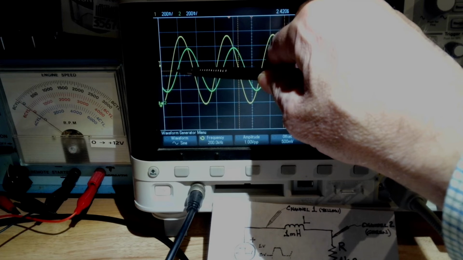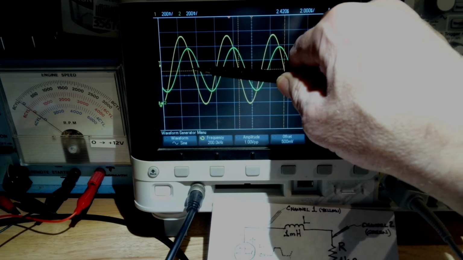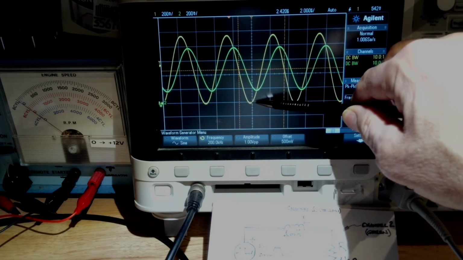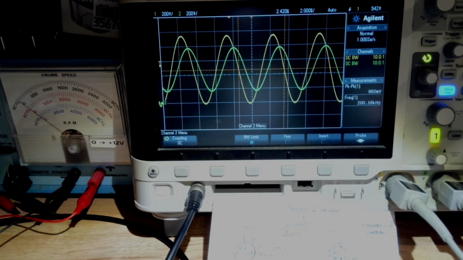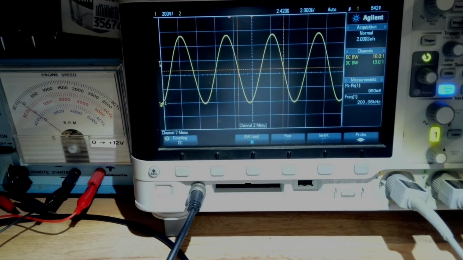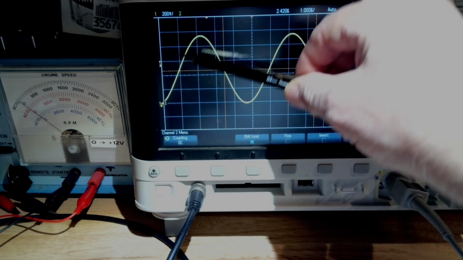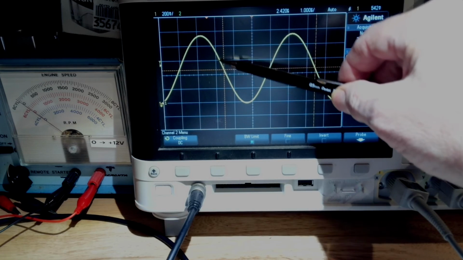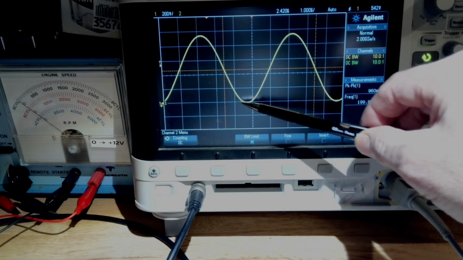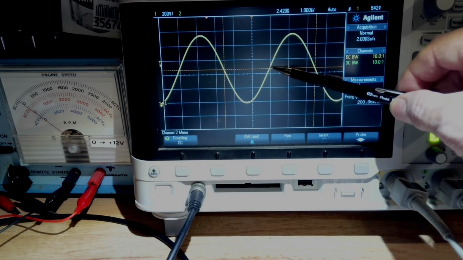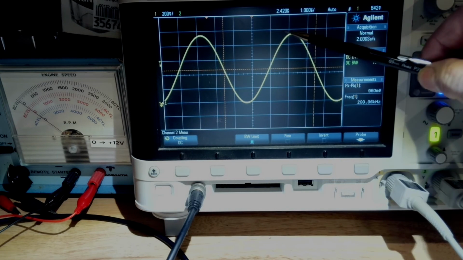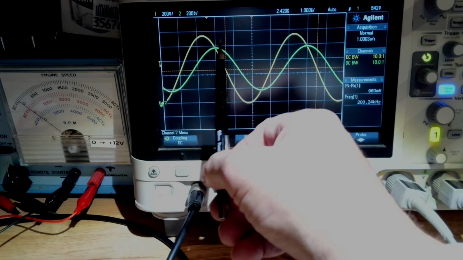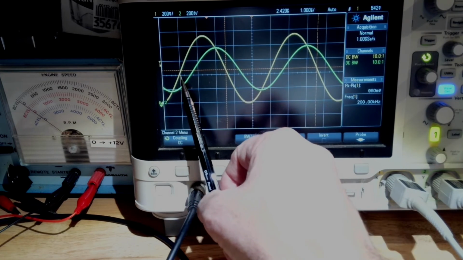Wherever you are in a sine wave, either at 0 degrees or 90, 180, 270, 360, which is the same as 0, 90, 180, here, let me do it that way. If you look at a sine wave, I come up, when I cross the midpoint at 0 degrees, 90 degrees, 180 it goes back across 0, 270 it's at its minimum, 360 is the same as 0, and I've come around to the start again, 90 degrees, and so on. You can see in this case that the 0 pattern here,